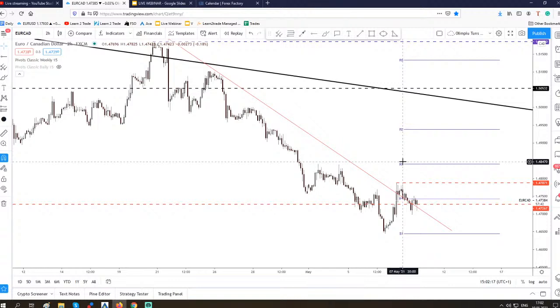So here on the EURCAD, a valid breakout, a new higher high, could signal maybe a temporary rebound, a swing higher towards this major downtrend line. Okay, but only if the price will make a new higher high, because if the price will make a false breakout here, if it will fail to stabilize right above the pivot point, then it could decrease again, and I've told you that a new lower low here could signal an important drop. Okay,